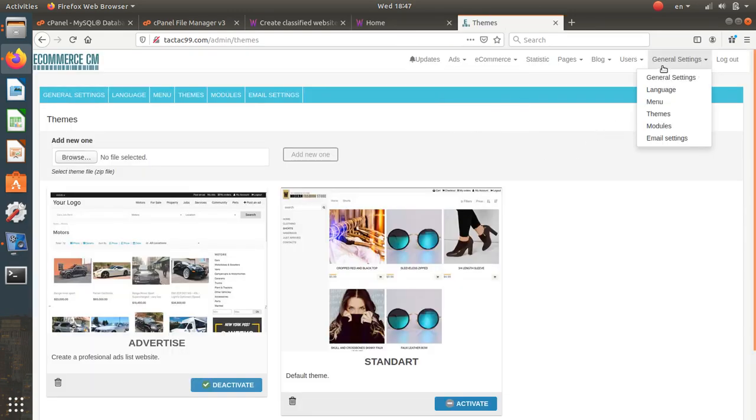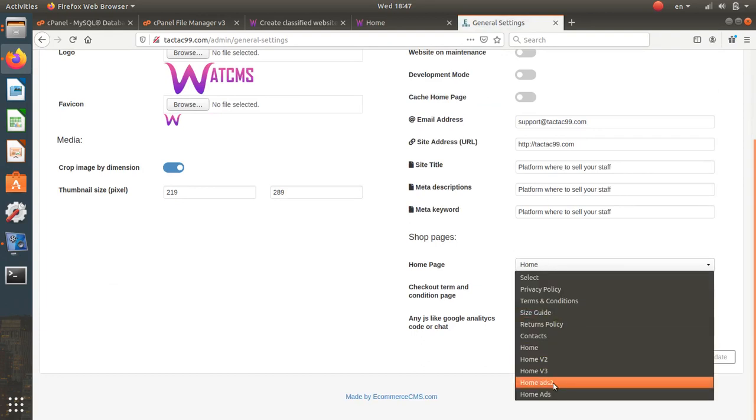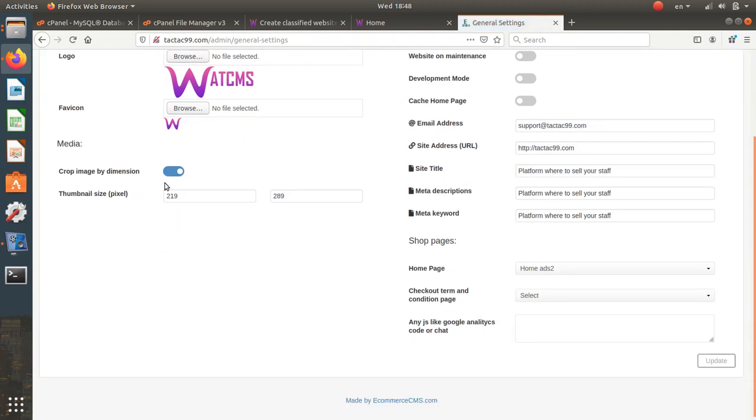But in my case, the next step is go to general settings. In general settings, I'm gonna select a page for my home page. My home page is gonna have a custom home page. I select home ADS2, update, and the next step I'm gonna go to